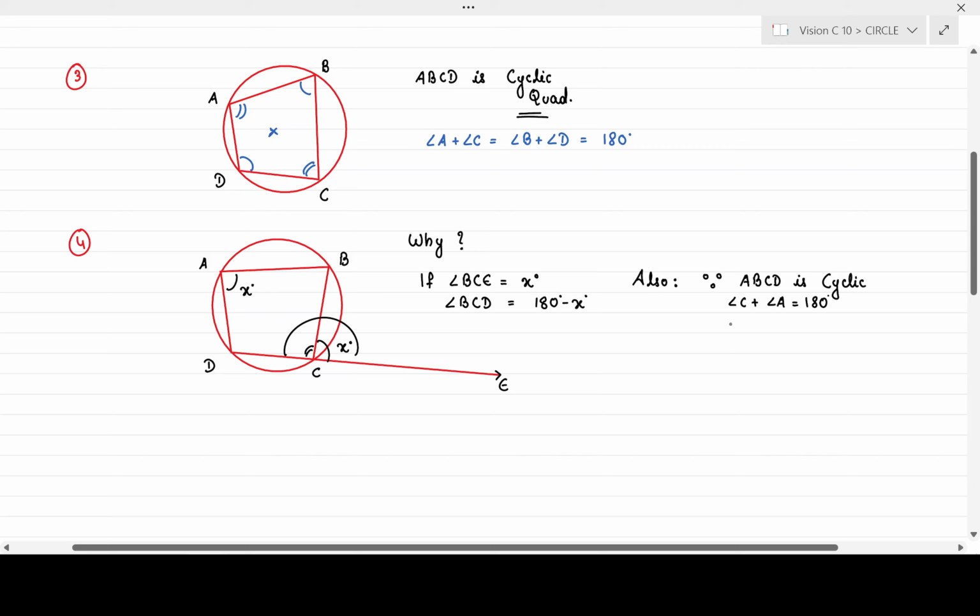Angle C, this is what we calculated, 180 minus x degrees, plus angle A equals 180 degrees. 180 gets cancelled out and angle A is equal to x. Finally,